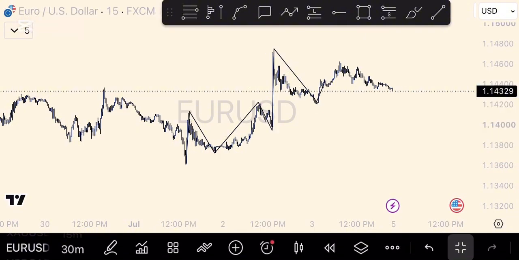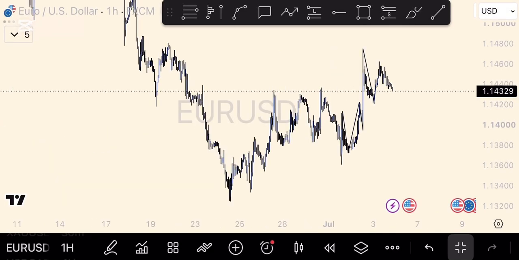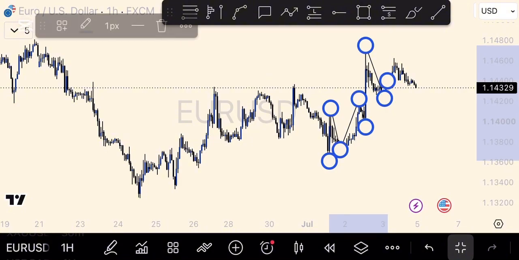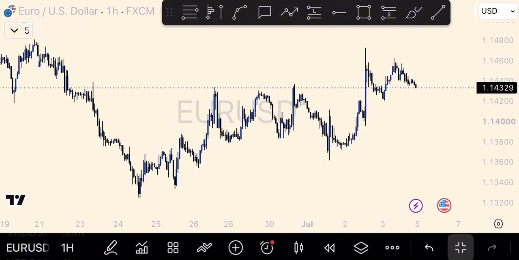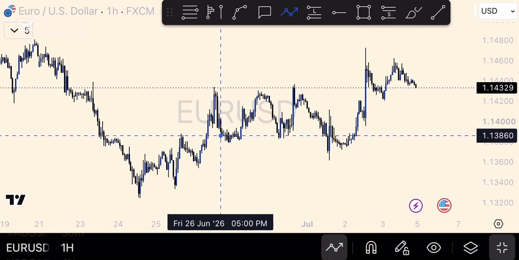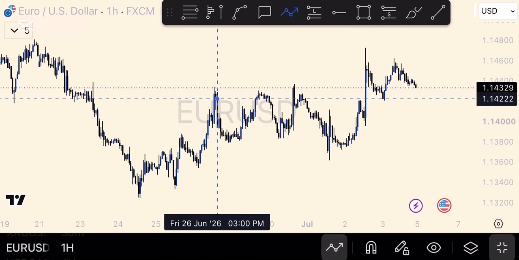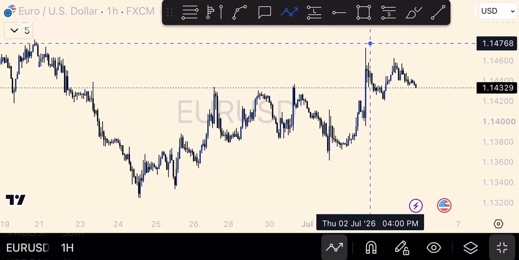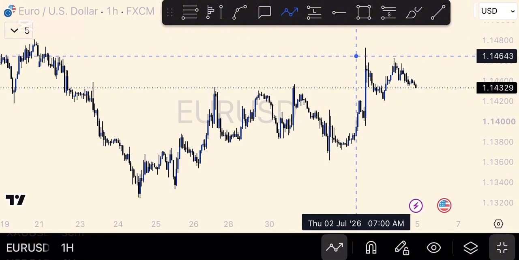Then I can check the 1 hour. If you're not sure of what is happening on the 15-minute, then we can check the 1 hour. As you can see, it's very obvious on the 1 hour that it's a buy trend, with confirmation of this series of swing high, swing low, series of break of structure to the upside. So going back to our 15 minutes,